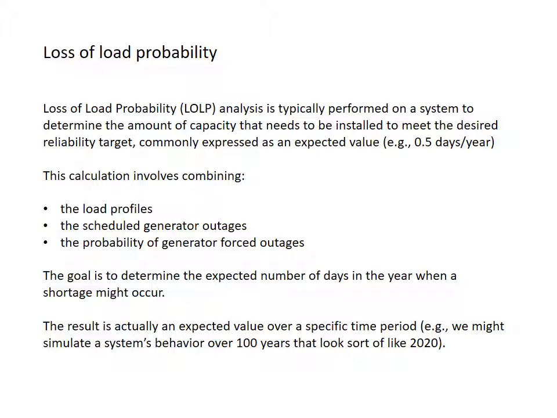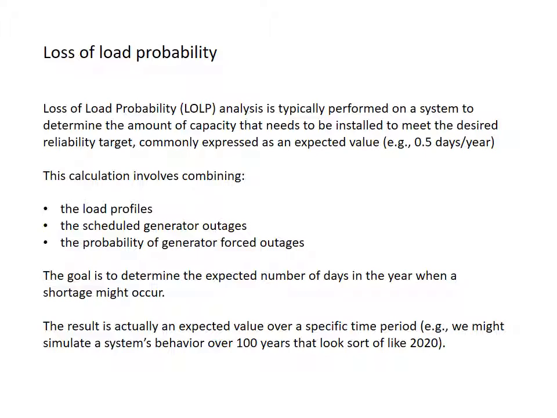And so this is a measure. You're performing some sort of analysis to figure out how many days per year, on average, over thousands of simulation years, you experience a system outage or a blackout, right? And so this directly informs a company like Duke Energy in the area of how much capacity they need to install, and what type of capacity they need to install to meet some sort of desired